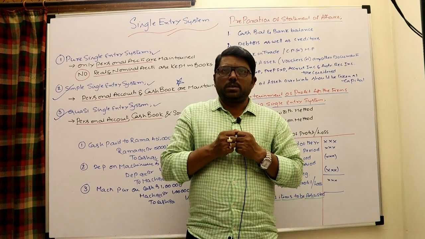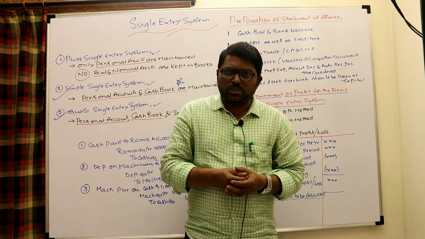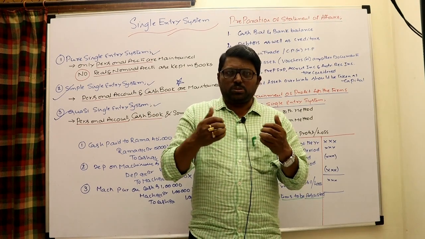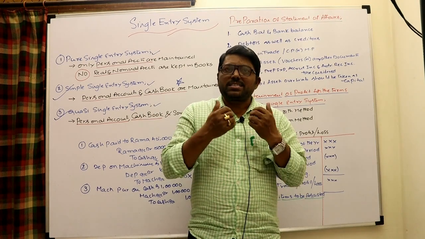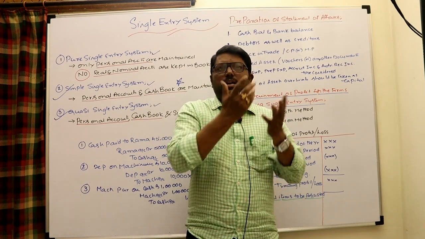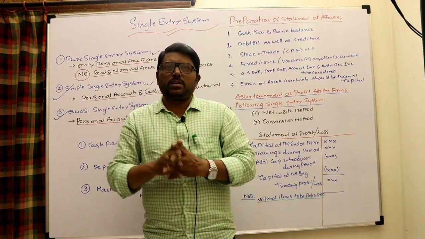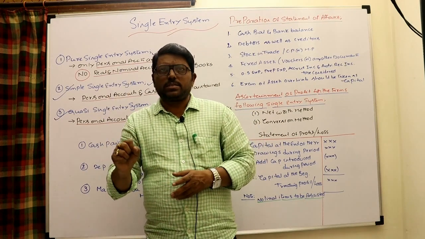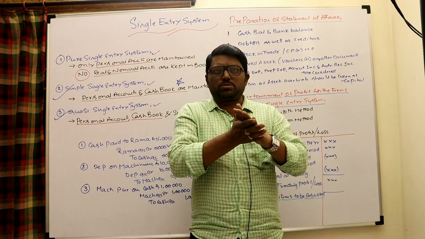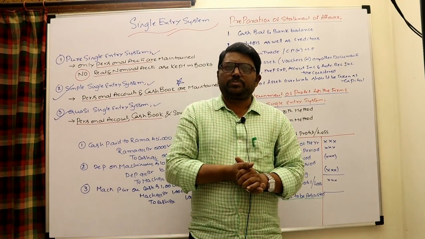If I bring all the ledger balances and prepare, it is called a balance sheet, but here not through ledger balances; I can bring the data by different sources. I can prepare a statement of affairs at the beginning of the year. Assets minus liabilities is equal to net worth or capital. In a similar way, at the end of the year also, I can bring all the assets and minus liabilities, net worth or capital. I can compare both of these two. I can simply say the profit or loss.